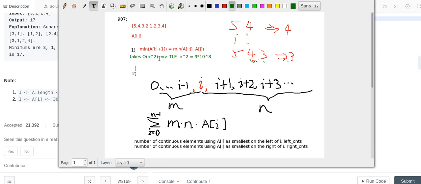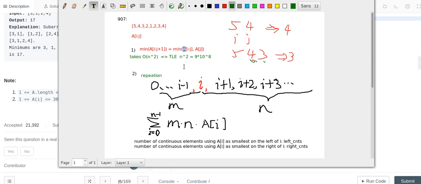In this problem, we will find that we need to reduce the computations of these minimums, because there are a lot of repetitions of the minimums here. If we get all the subarrays, we cannot avoid this. But we have found that